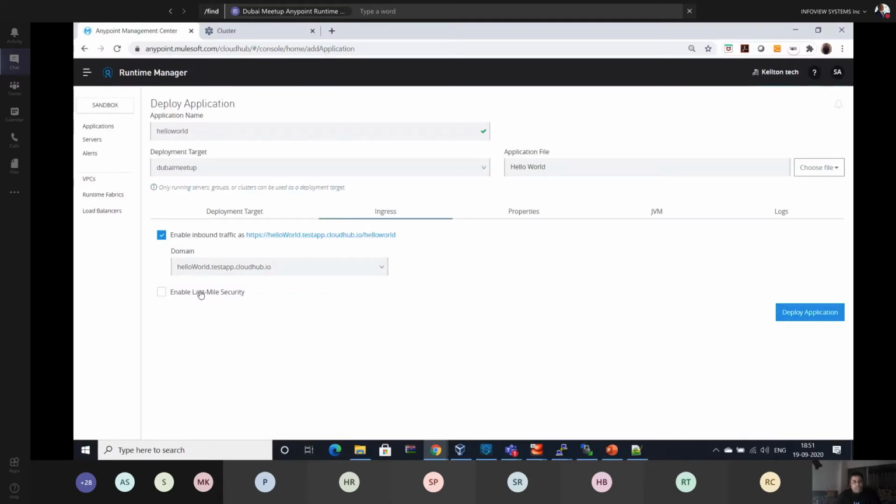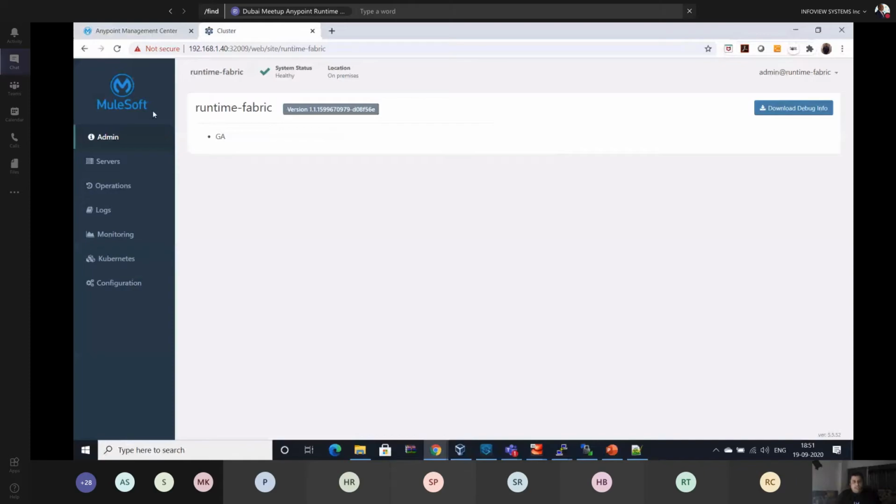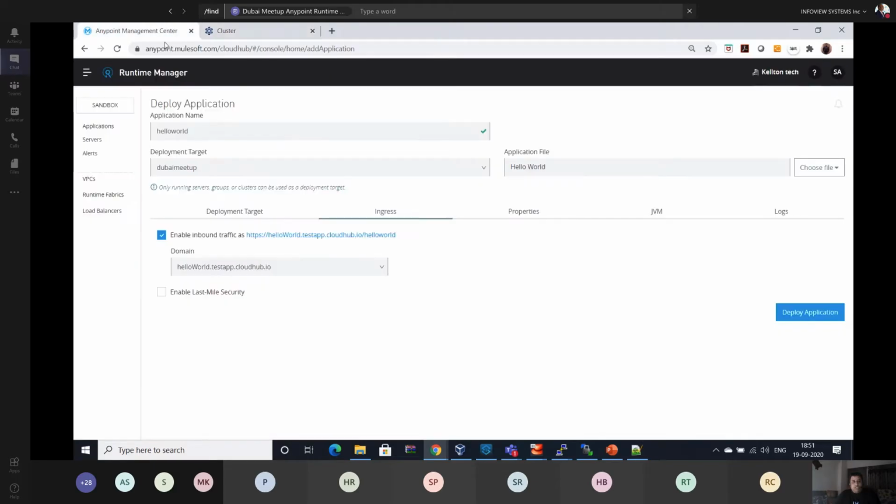But you know that enabling last mile security provides security to your Runtime Fabric setup, restricting users from occupying too many resources, limiting HTTP requests, WAF security, and other policies we can implement using last mile security. Whenever you have last mile security, you will see how to configure it, but right now I'm not demonstrating it as I do not have a subscription for that.